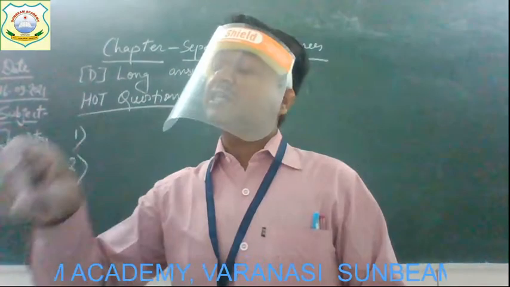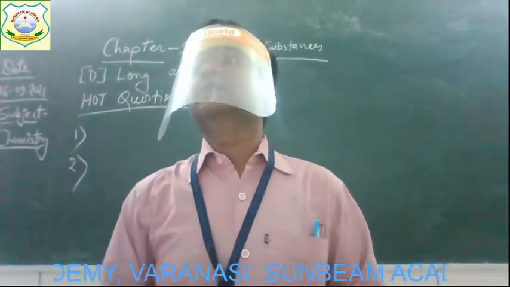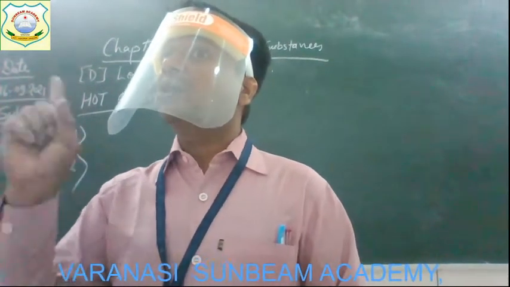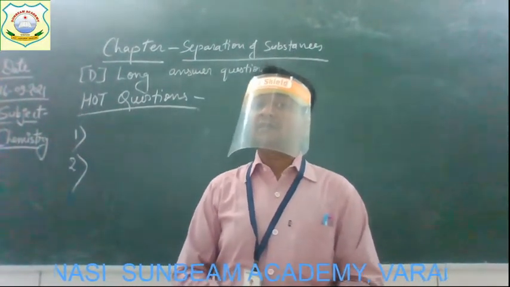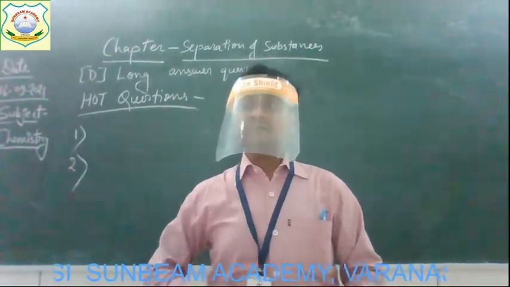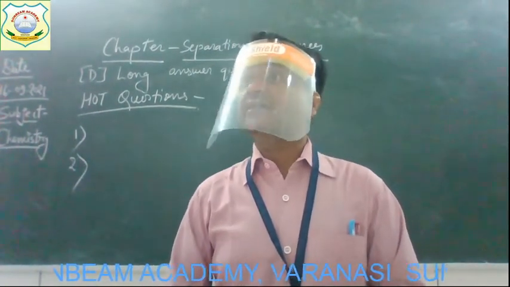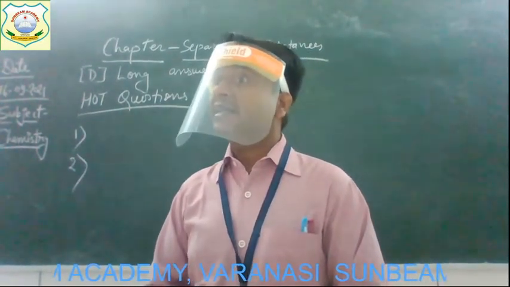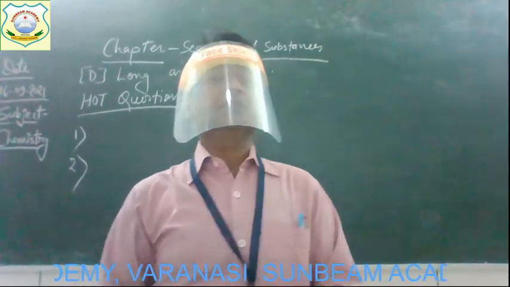You have to use here a new method which is not explained in your chapter, but you can use it because you know about it. In this method you will use the property of iron. So what may be this method? Use of a magnet. You all have seen the magnet, and you know very well the property of a magnet. It attracts iron. So use this method.